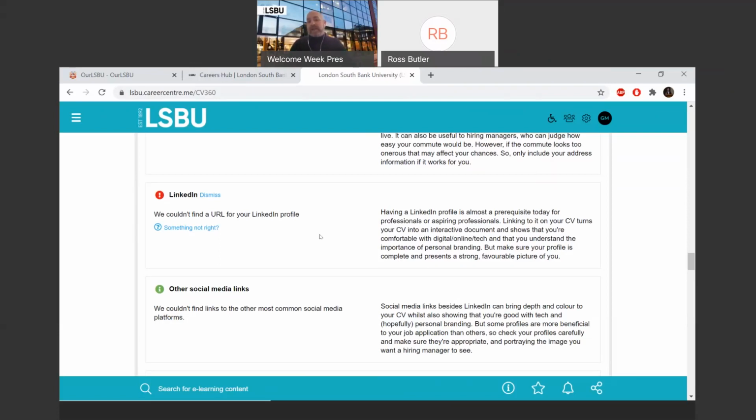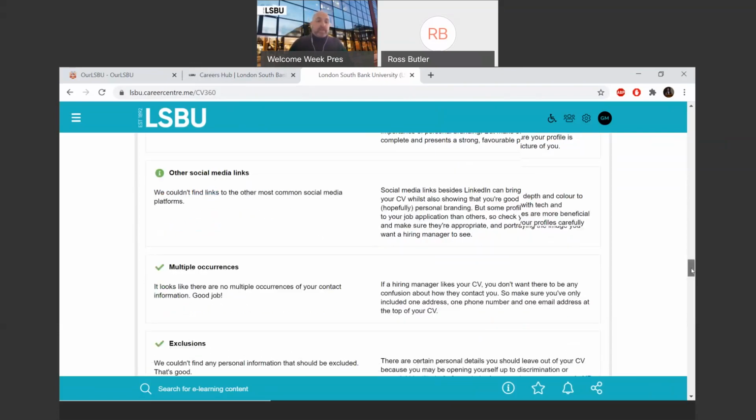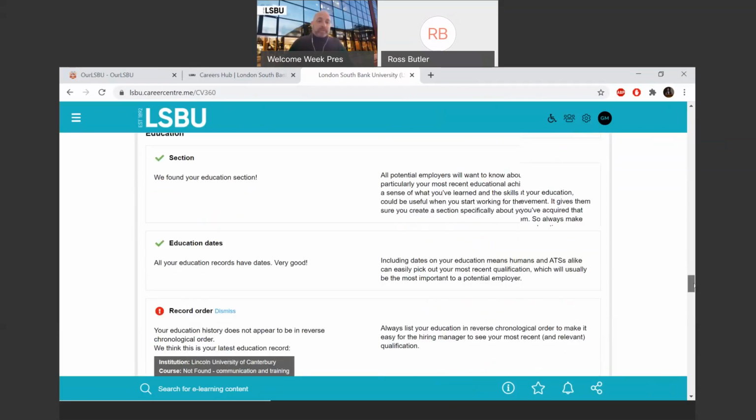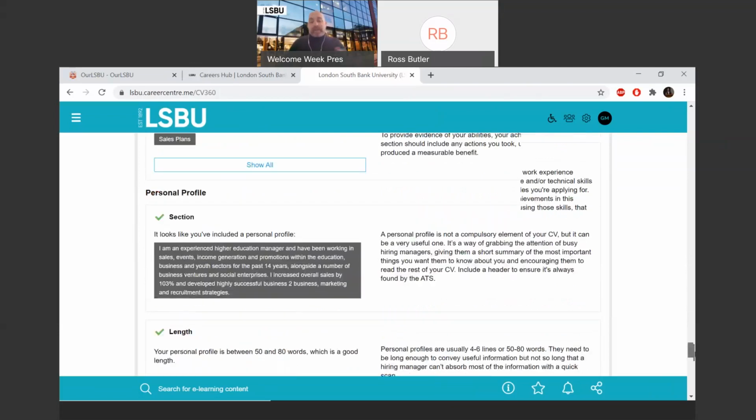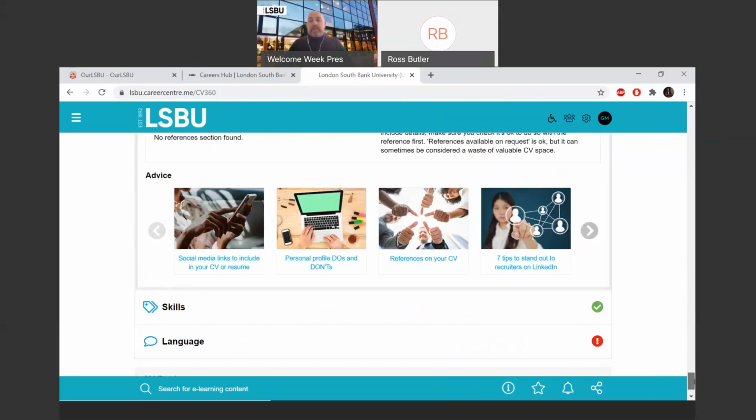And so to have a LinkedIn profile on your CVs is kind of a must. So this is kind of what it does. And then what you can do is you can go back to your CV and you can take all of this information and advice